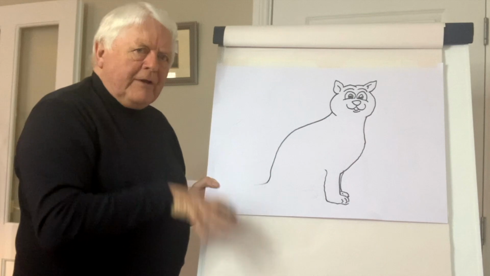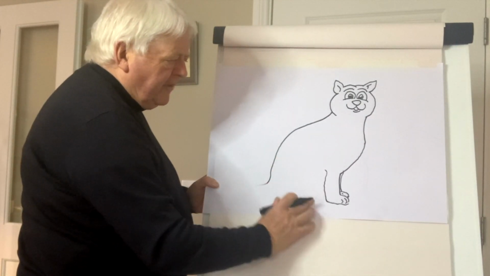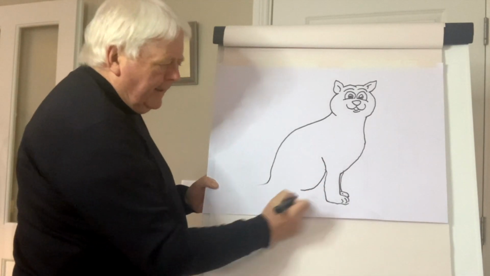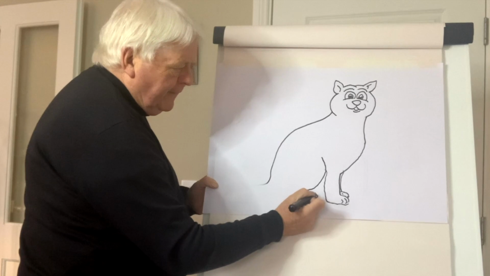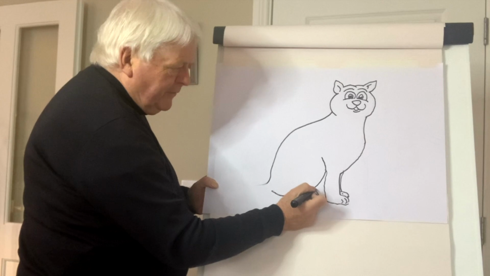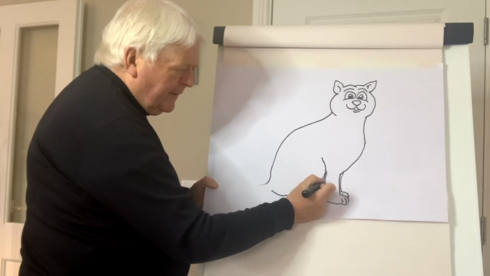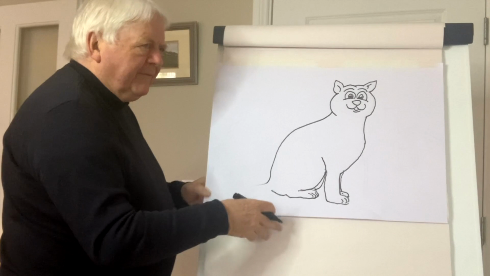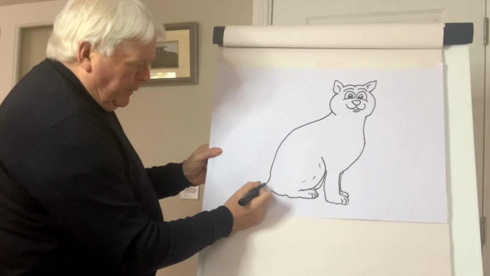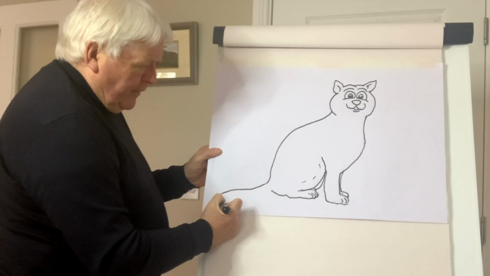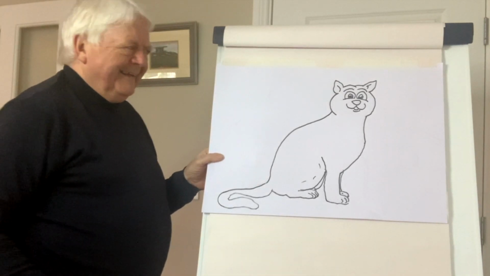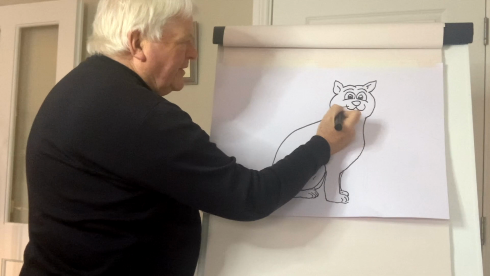And because it's kind of crouched down a little bit, you don't see that shape too well because of the fur. So just put a little line like that, then a little indication of the back paw here like this, and maybe just a tiny bit like that. And sometimes you can have the little fold around here like that. And now we put the tail and we go around on a curve like that. So up here we'll put a few whiskers,